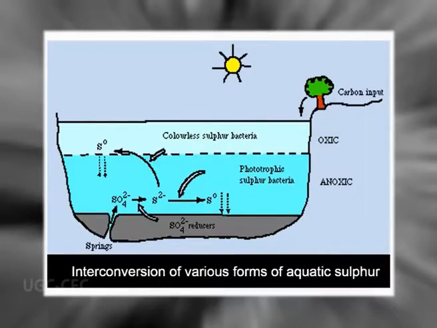And you can see here that this particular aquatic environment also contains sulfur. There may be an upper oxygenic and a lower anoxygenic environment where greatly the sulfur interconversion, meaning the sulfide is converted to zero sulfur state, or sulfide is converted to sulfate, or sometimes sulfate is converted to sulfide, is all by microbial